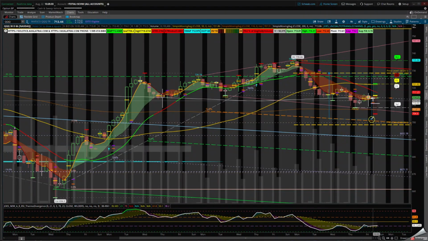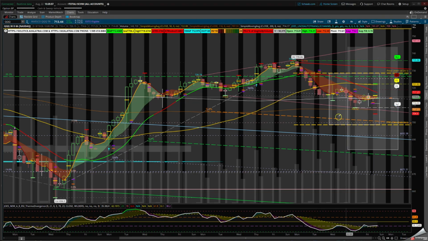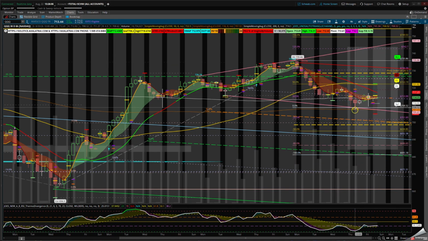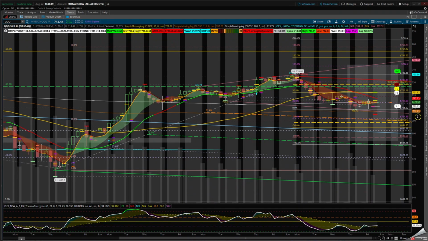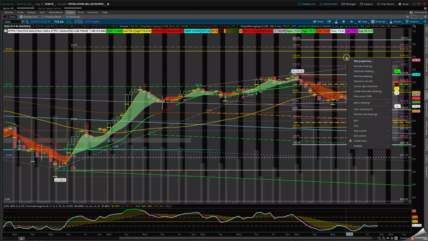If I mark this box from here to here, I can duplicate this to the upside. That's my expected move to the top, from the price itself. Let's just put it somewhere here roughly, and duplicate this to the bottom, and I have my expected move to the downside on either side of the chart. If I remove this and do the measured move one more time, this is something very simple to do, or you can use the expected measured move on either side to show you where those levels are on the charts if there is an expected move upside or downside.